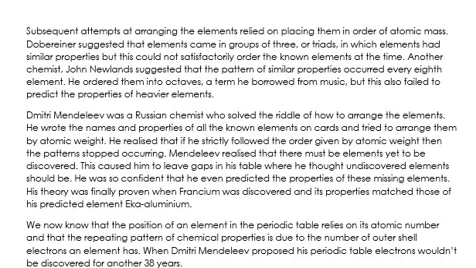Subsequent examples of arranging the elements relied on placing them in order of atomic mass. Dobereiner suggested that elements came in groups of 3, or triads, in which elements had similar properties, but this could not satisfactorily order the known elements at the time. Another chemist, John Newlands, suggested that the pattern of similar properties occurred every 8th element. He ordered them into octaves, an ancient word for 8, a term he borrowed from music, but this also failed to predict the properties